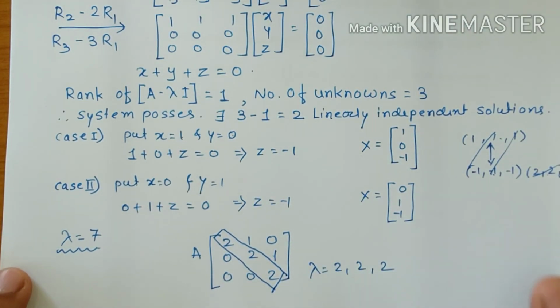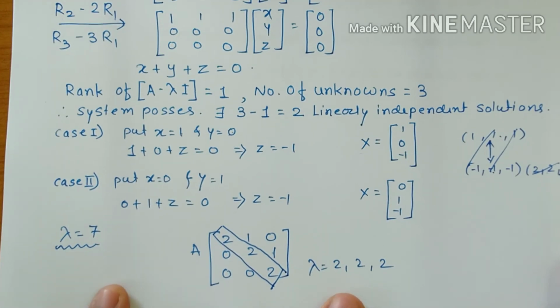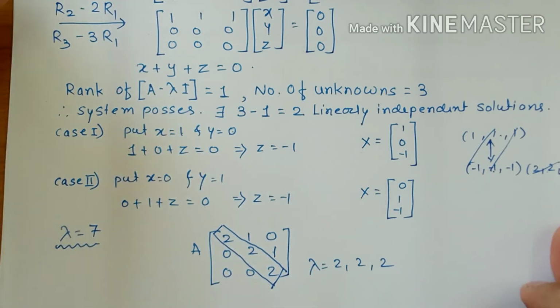You can cross-check whether I am getting the same eigenvalues or not by calculating the characteristic equation and its roots. Okay, so I am just leaving this as homework. Find the eigenvalues of this matrix as well as the eigenvectors corresponding to this matrix, and you can post the answer to this question by tomorrow morning.